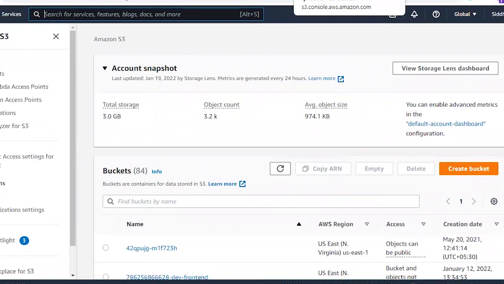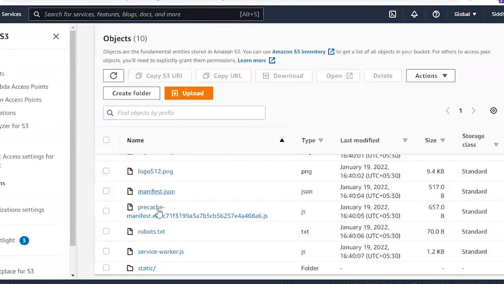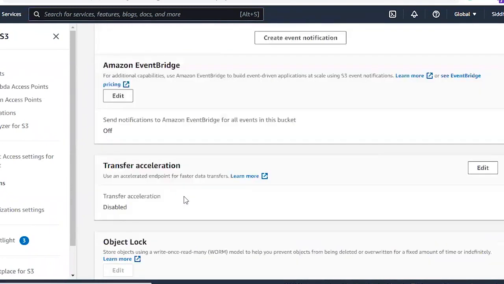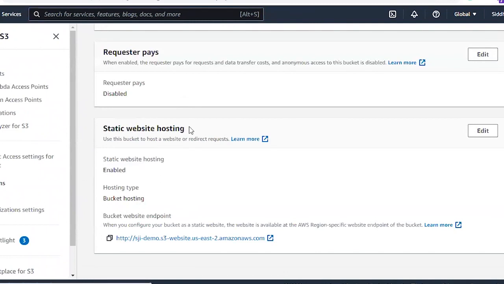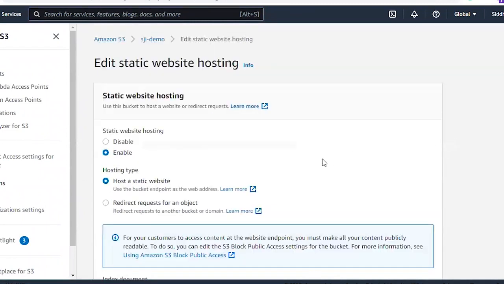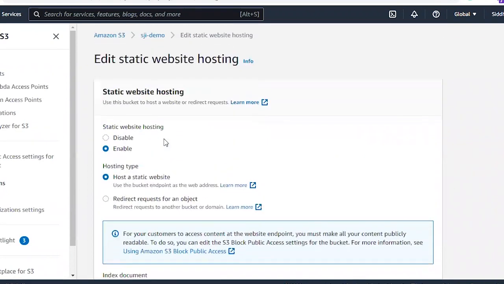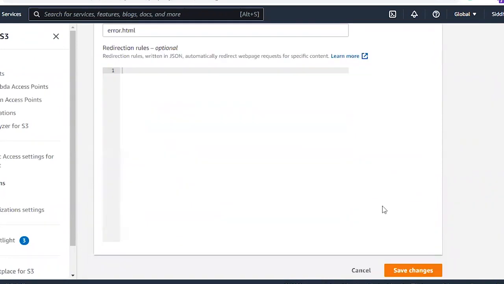Once you create that bucket, you can upload all the files. Once you upload those files, in the properties, at the very end, you will see static website hosting. You just click on that and enable static website hosting. In here you can put index.html and error.html by default. This is a convention that you need to follow to make S3 a static website. Otherwise it will be accessible only as files. Okay, so once you enable the static website,